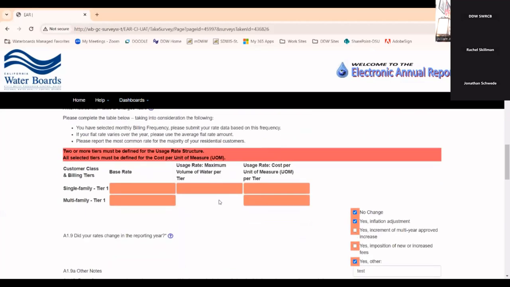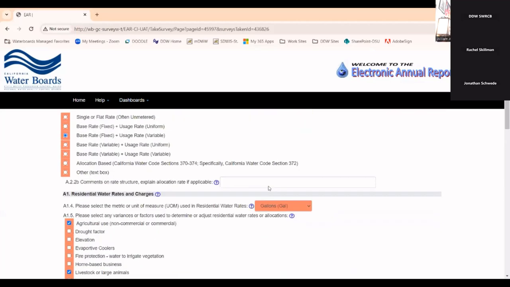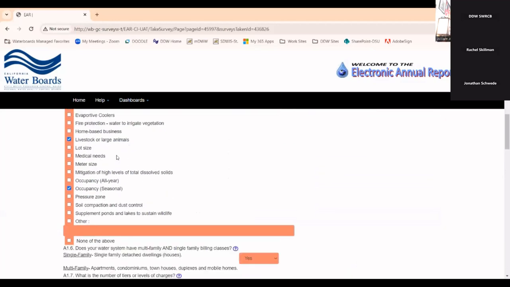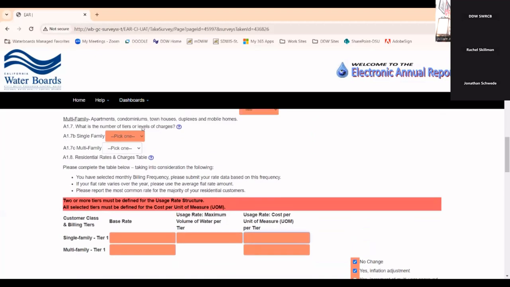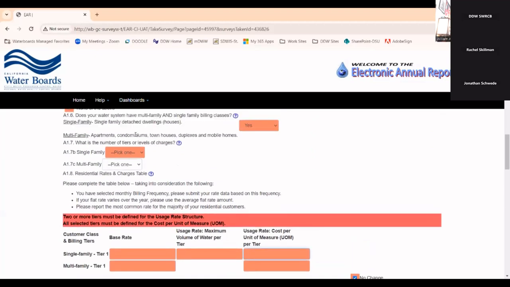Yeah, perfect. Okay, so that's actually a pretty good point to bring up. If you select a rate structure we cannot accommodate, such as allocation or other, you won't see the table to input your data. And the table will change depending on which rate structure you select. I find this one to be the most common one that I've worked with, so we'll start with this as the first example. So now that we've selected our billing classes of